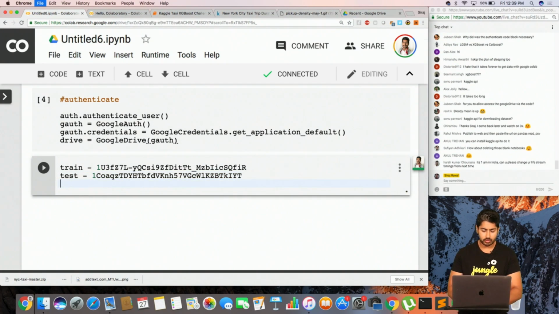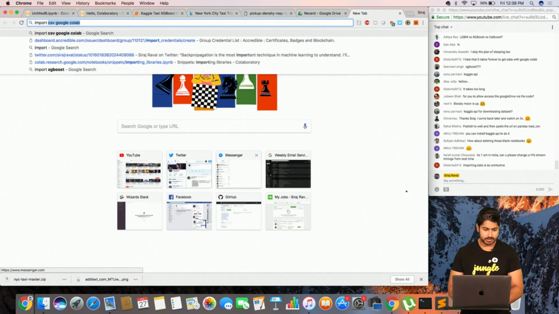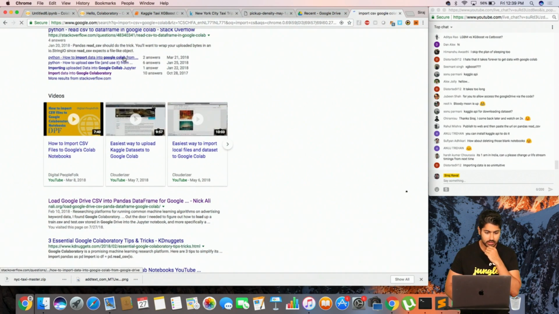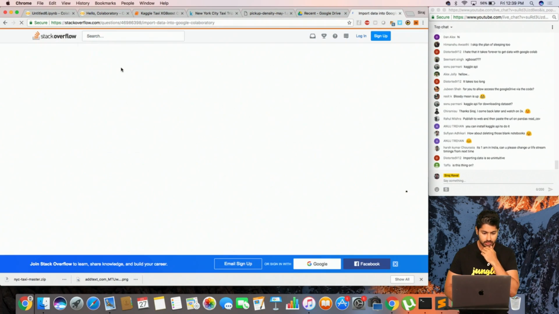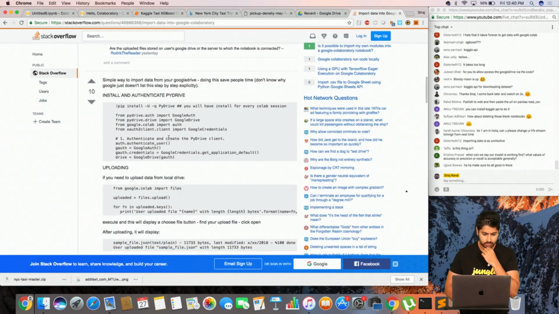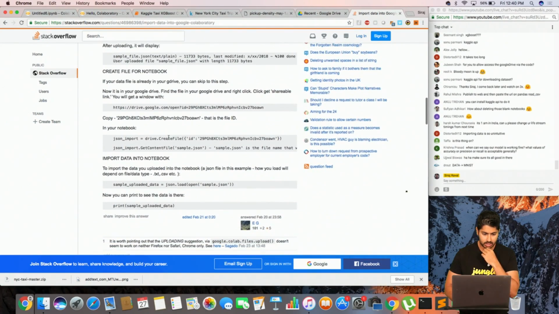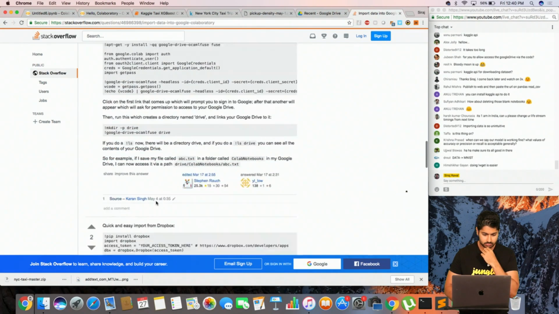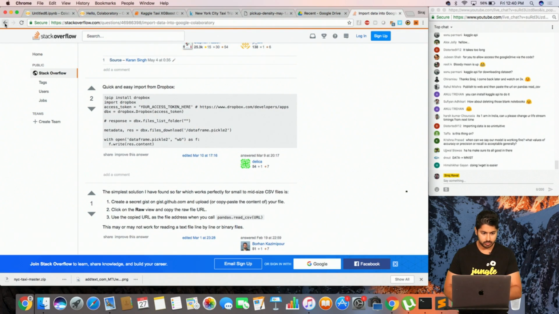Now how did I do it? So, import CSV Google Colab from Google Drive. So now you're watching me look at Stack Overflow to remember how to do this. Okay, so how do we do this? We have to say, how did we do this?